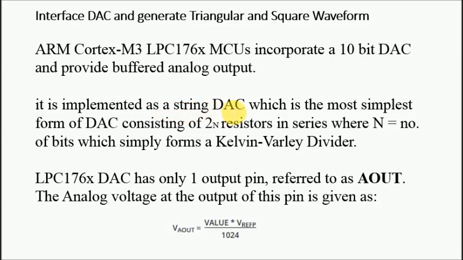The simplest form of DAC consists of two to the power n resistors in series, where n is the number of bits, which forms the Kelvin-Varley divider. LPC176x DAC has only one output pin referred to as AOUT. The analog voltage at the output pin is calculated like this: the value into the V reference P divided by 1024, and that will be the analog voltage.